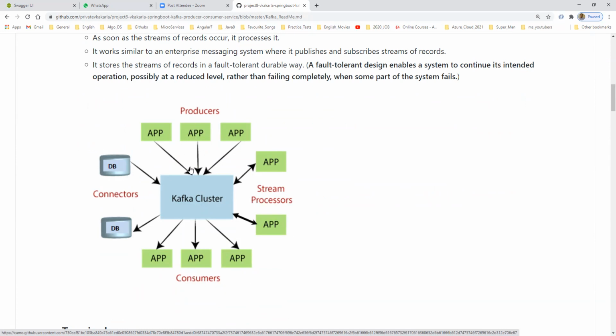So whenever we are producing inside the Kafka, there are some listeners. The listeners will always keep listening to the producer data. So whenever the producer is saving or publishing the data to the Kafka topics inside the Kafka cluster, automatically the listeners will help to consume the data. You need to configure the consumer configuration in your application. Simply, data is consumed automatically, and we can publish to wherever we require. So we can process this data. So that is what this Kafka cluster, producer and consumer diagram shows.